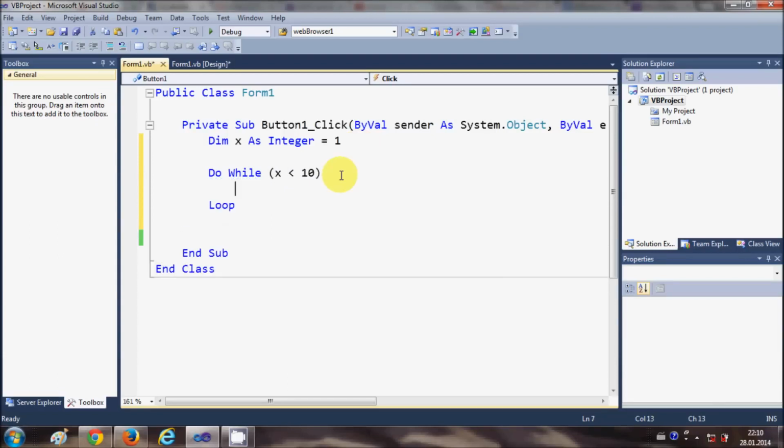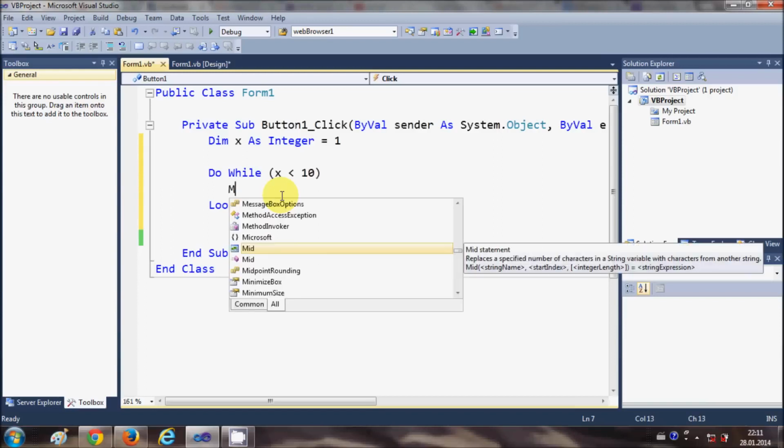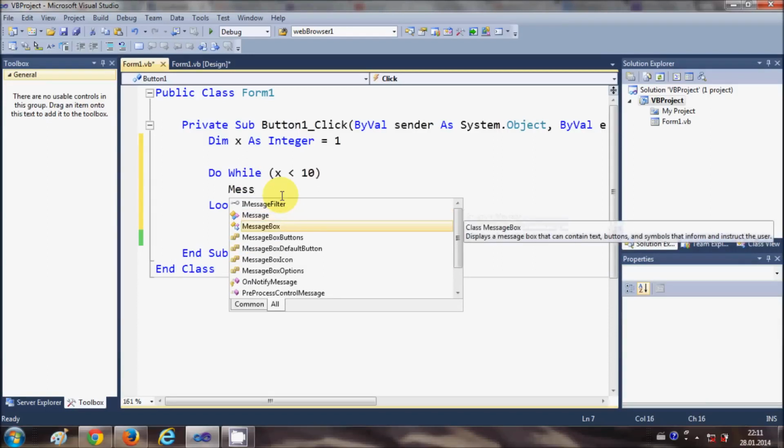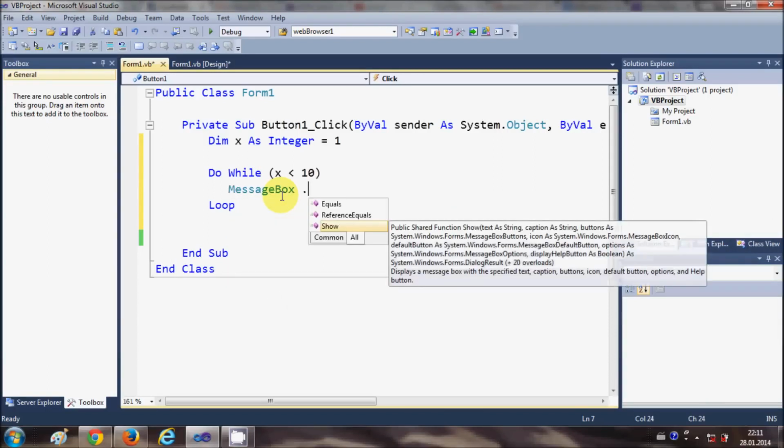When you press enter here, it will create an auto code completion here called loop. And when you, for example, want to print your integer in the message box, so I'll write message box dot show,